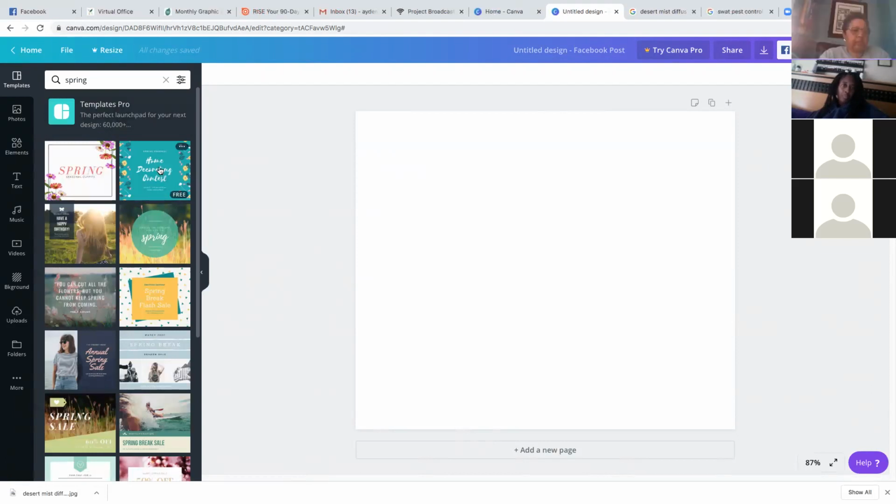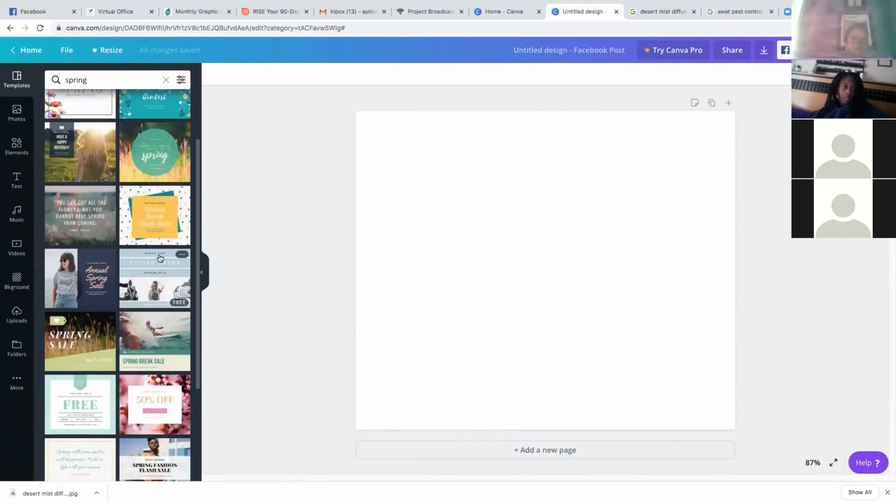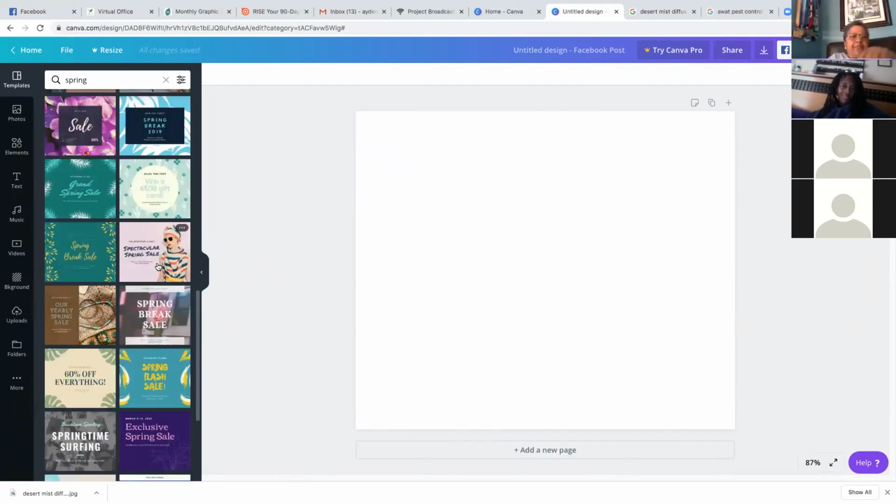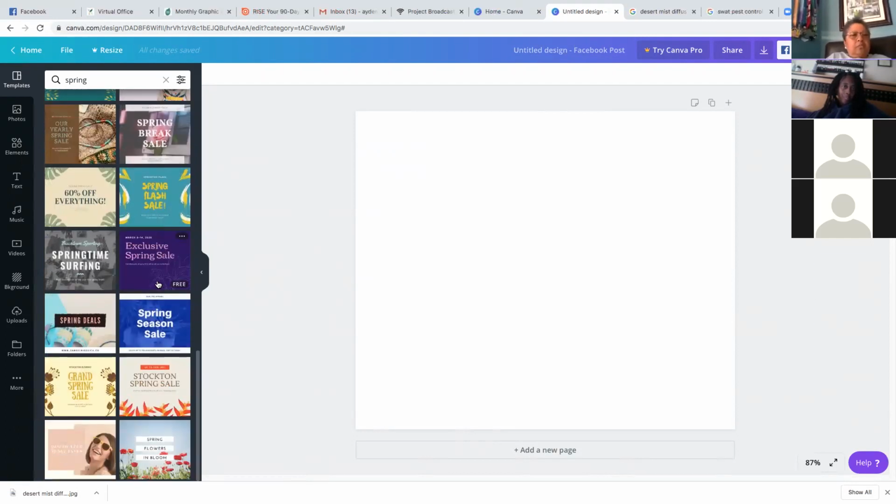Most of these you'll see when I hover over them in the bottom right hand corner here, it says free. I have always stuck with the free options. I've never paid for anything on Canva, but if you want to do something real fancy schmancy, there are ones, and see these are all free. There are ones when you pop over them that have a little crown on them, and that just means there's a charge to use those. So if we go back up to the top,